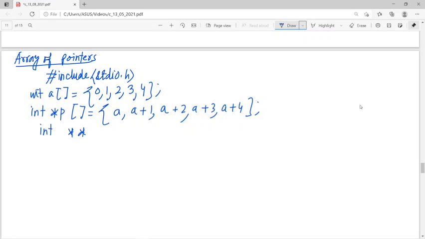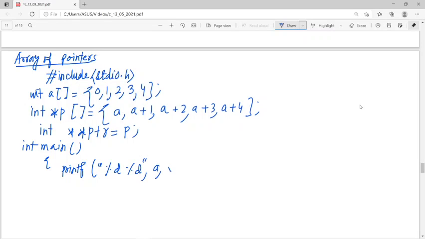integer say star star ptr is equals to p, and say that is globally declared. That means after integer main, whatever written before main, that means globally it can access by anyone. We are printing say %d %d a star a. We are printing say %d p star p and star p,